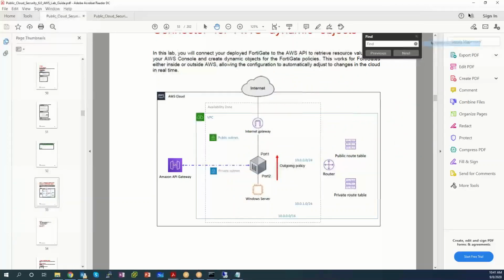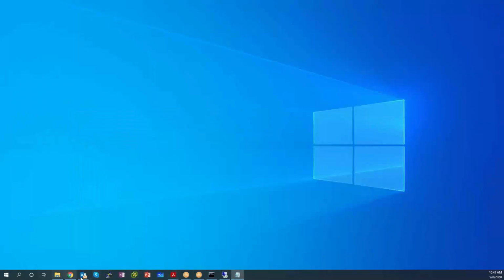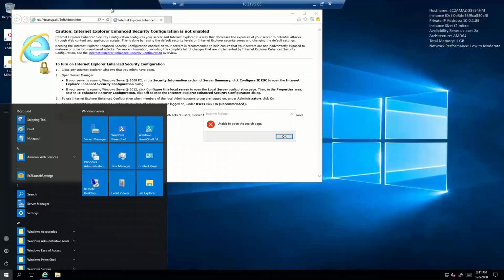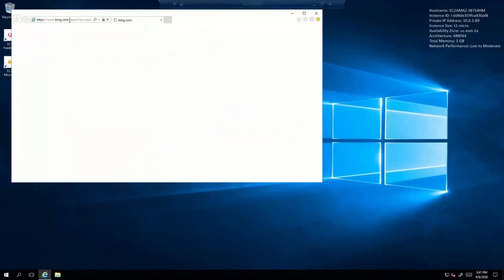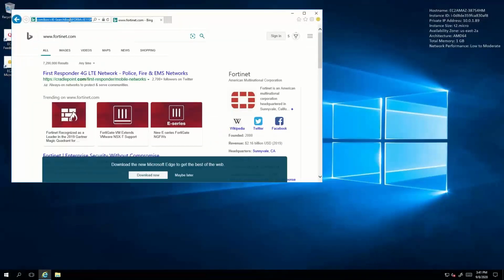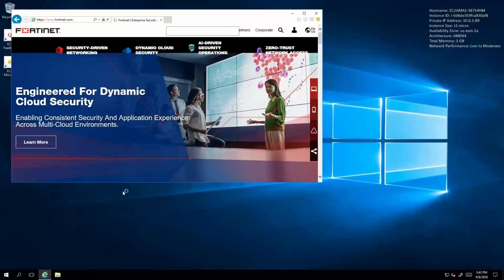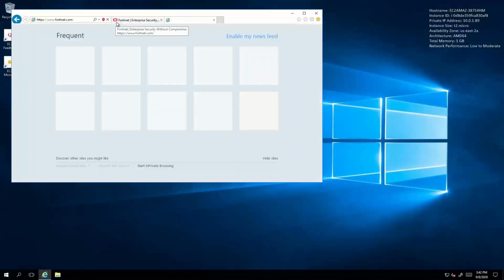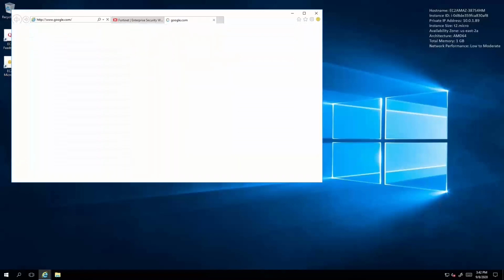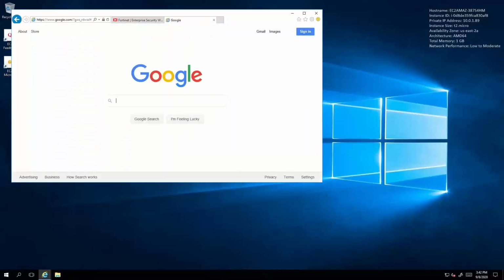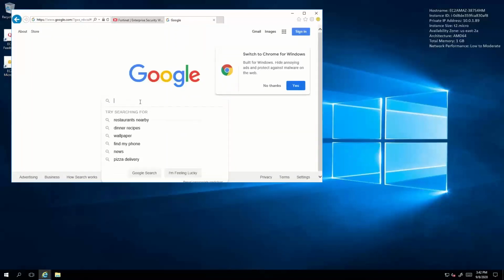and go back to my click here tool, minimize that down, go back over here, and unable to open the page. Yeah, I know. Well, there you go. By the time I clicked OK to that, it just binged that and went, yep, I can get there. Fortinet.com. There it is. And we'll go to Google, because I don't think Bing would do this. Oh, come here. Google.com. And I'll just say,